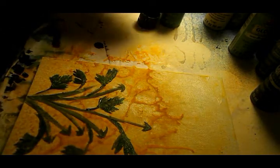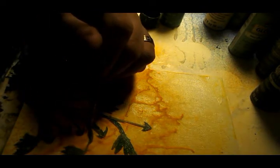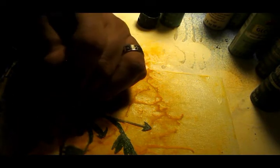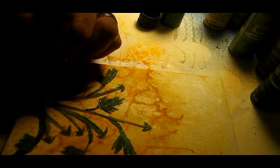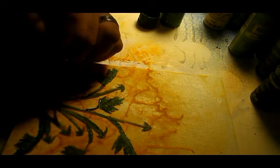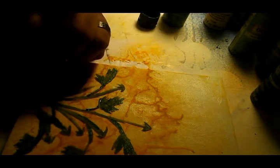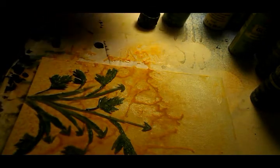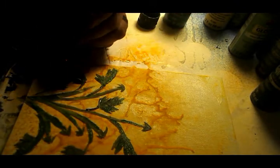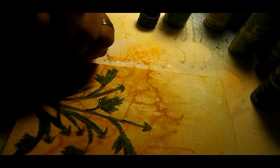We're just kind of... I've come in with a little bit of old ivy. Now I'm coming in with a little bit of wintergreen, or evergreen. Wintergreen's more of a bluish shade. Alright. Places where the paint did not stick very well. But,